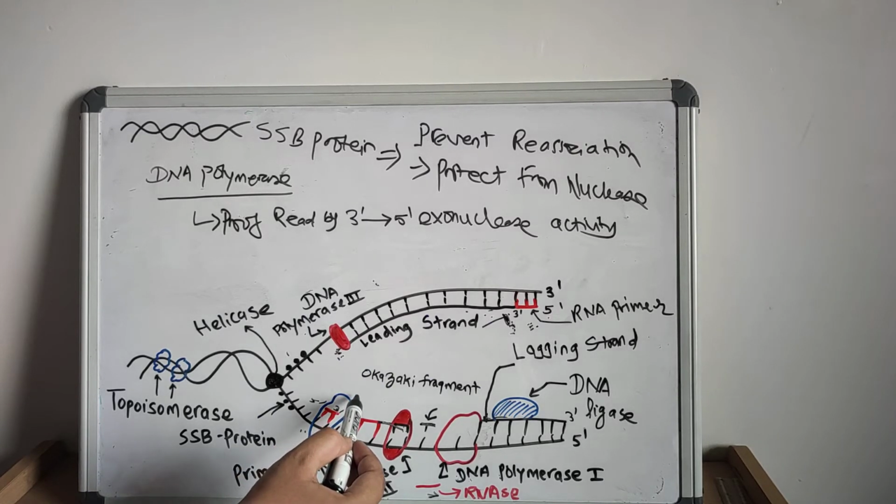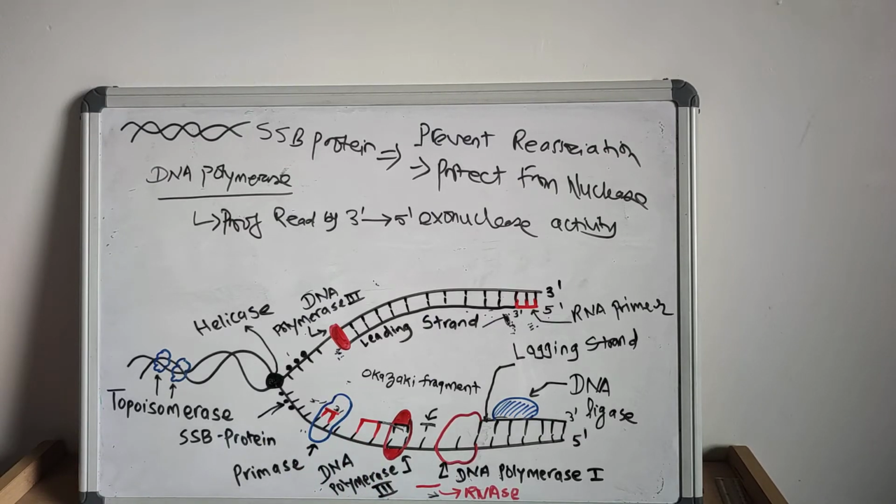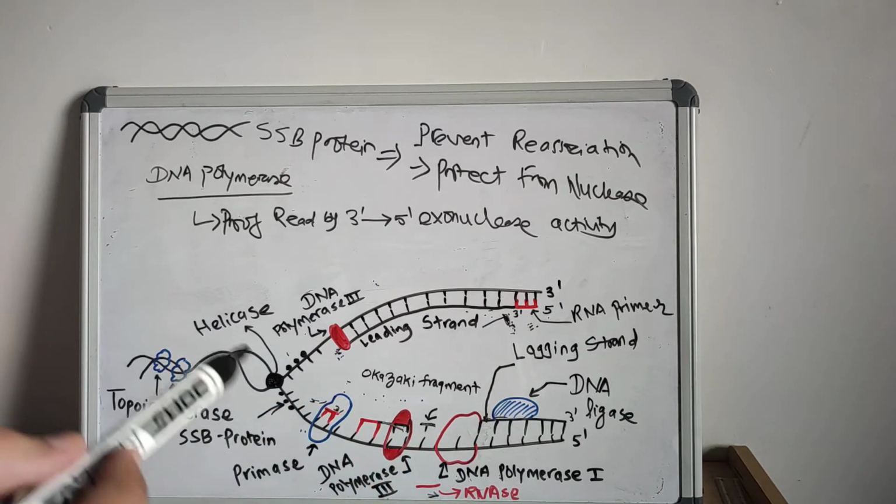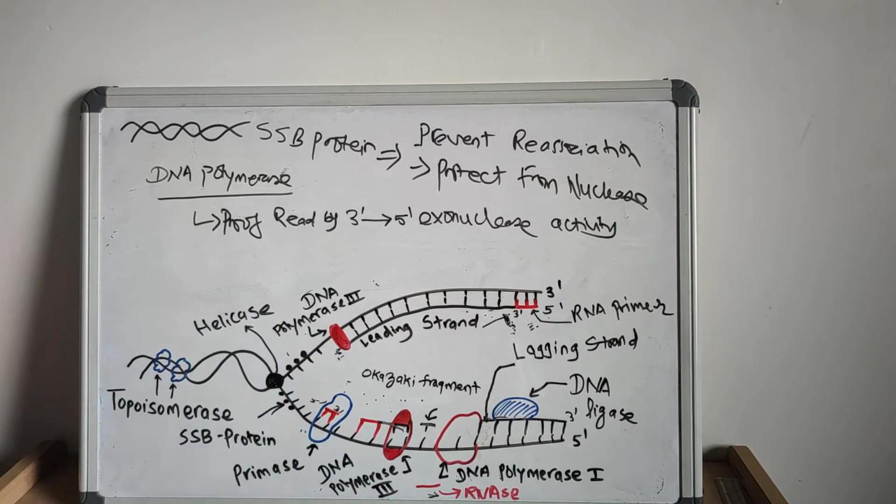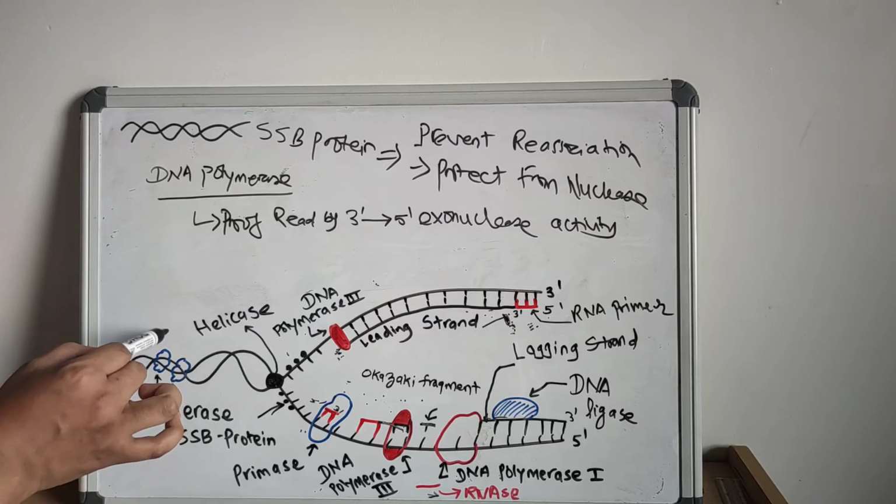Now the DNA ligase seals the nick between Okazaki fragments. There are different Okazaki fragments, and the DNA ligase seals these nicks, converting them to the continuous strand of the DNA. And DNA gyrase, topoisomerase 2, provides the seal in front of each replication fork.